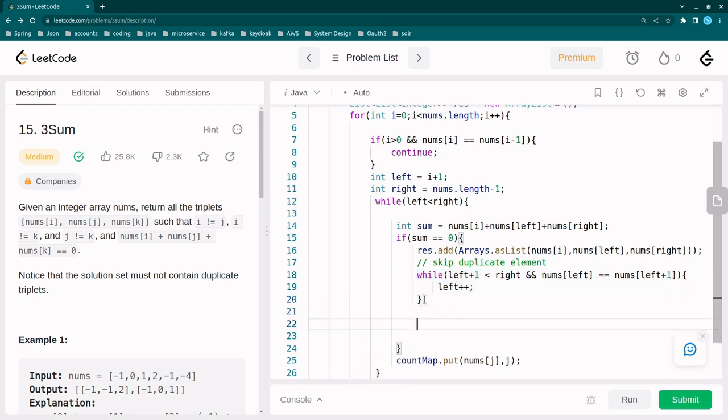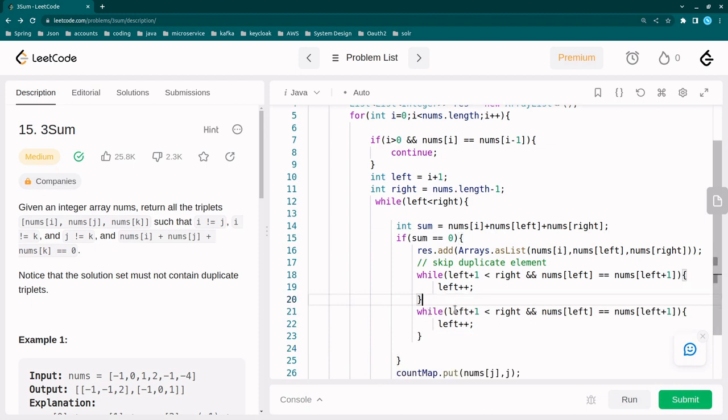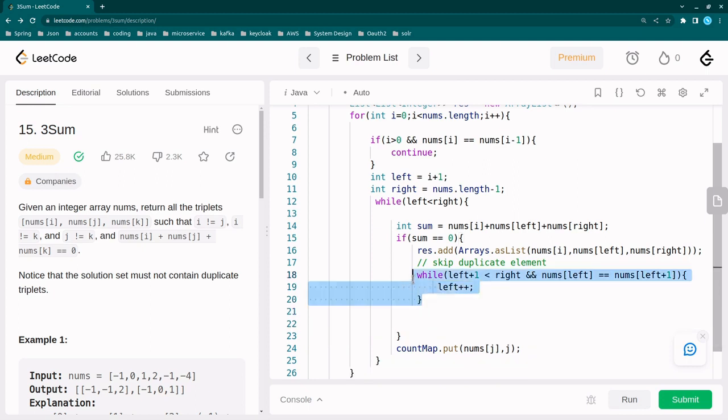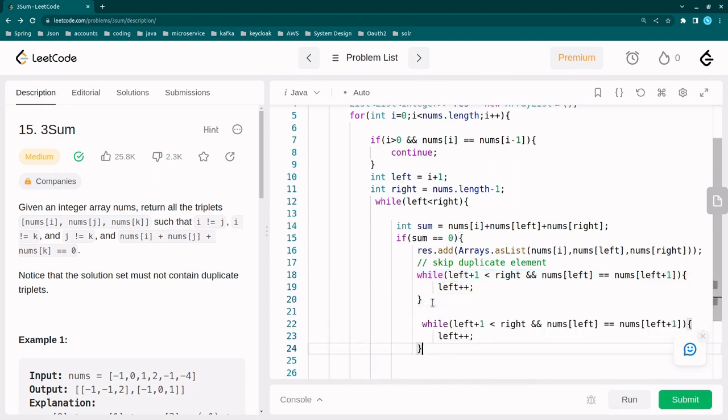Here again the same case for right. And here we have the same case for the third number. Skip duplicate for right,